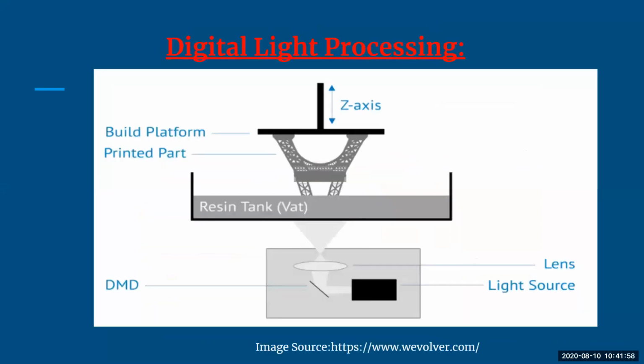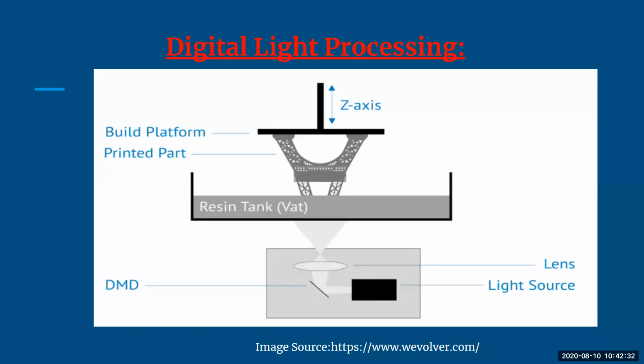Next is digital light processing. The name itself tells its meaning. When I talk about digital light processing, it is going to take light as input. Along with the light there is a liquid which will help together to make your solid parts, or you can say 3D objects. This actually uses some metal powders, or you can say resins, which are small materials. The main component of DLP is your 3D printer.